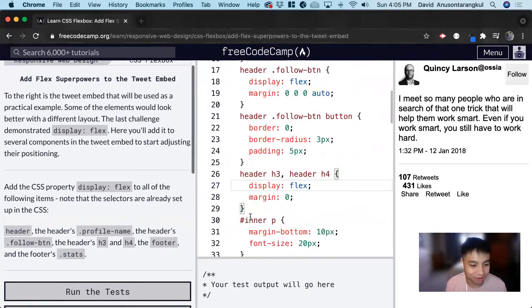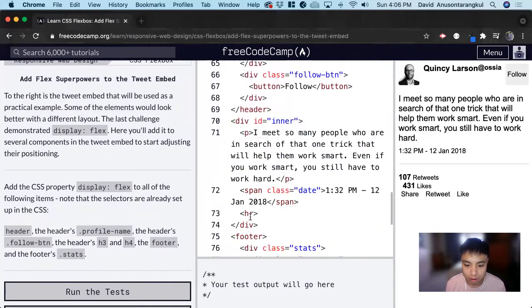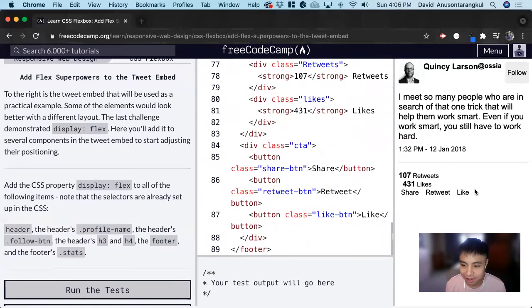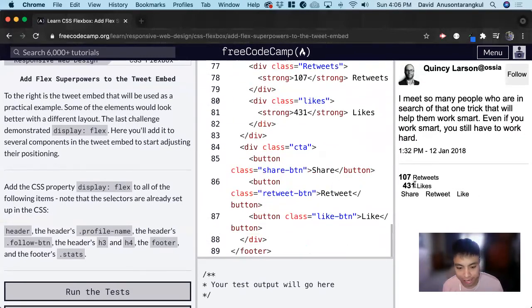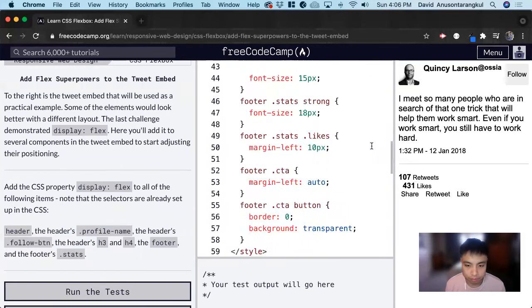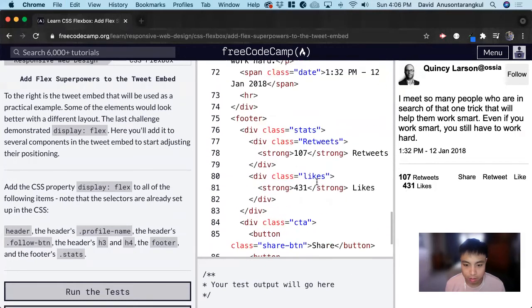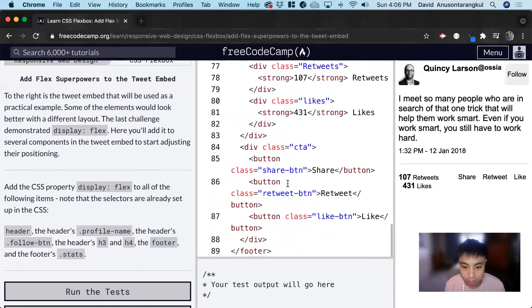But then the footer, we see everything's stacked on top of each other. So it will be more spread out with these level. So it should go over there. And then the stats, we can see in the stats here